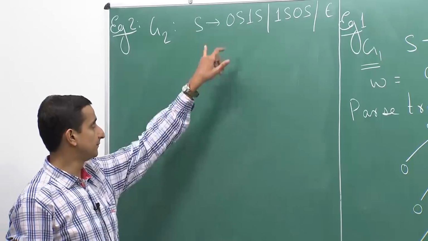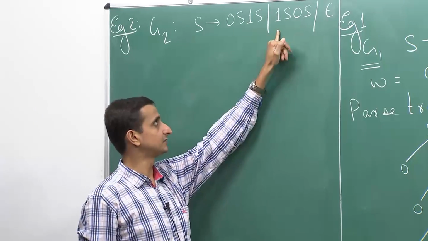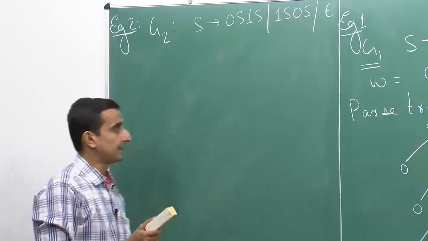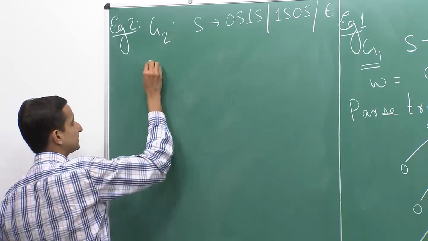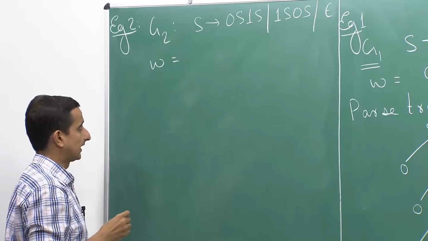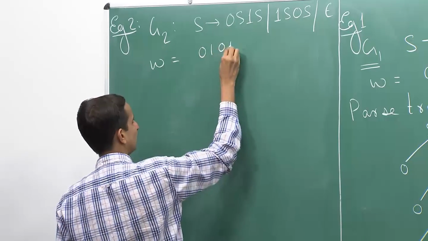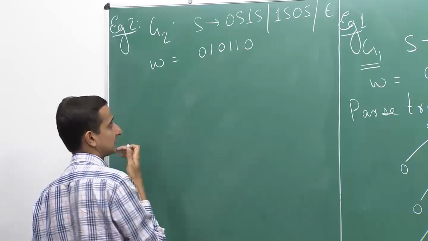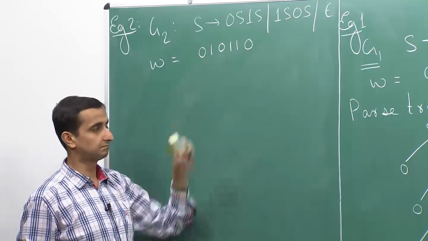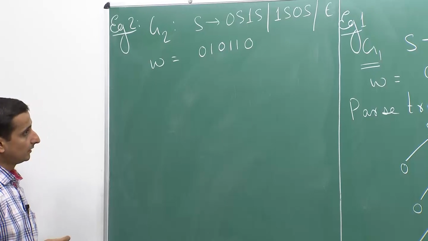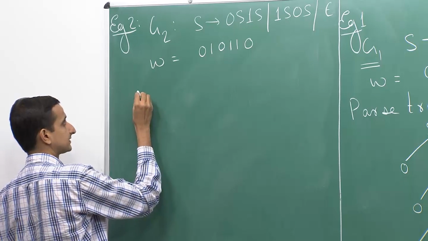Okay, so, remember that this takes care of all strings that begin with a 0, this takes care of all strings that begin with a 1, and so on. So, now consider a string w in this language, which is, let us say 0 1 0 1 1 0. Okay, so, this string has equal number of zeros and ones, 3 in each case. So, what would be a parse tree of this? So, we can have a parse tree where I replace,